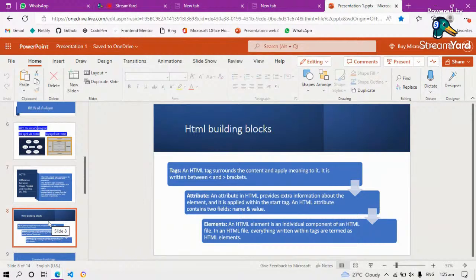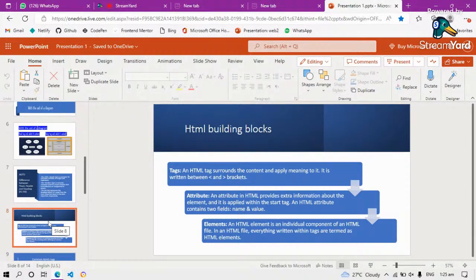Okay. Attributes give meaning to your tags. Just like we have the image tag, as I was explaining before the network interrupted. We have alt, and in that alt you put in text. If I want to display this image right here and maybe there's a network issue and the image cannot load, the HTML building block supposed to be here, you get the alt text. That's the work of an attribute. It gives meaning to your tag.